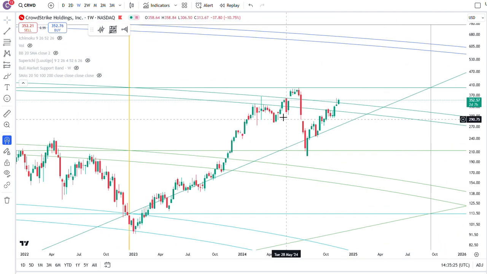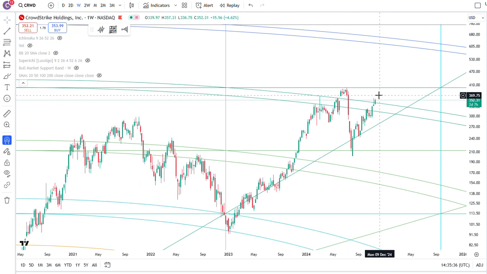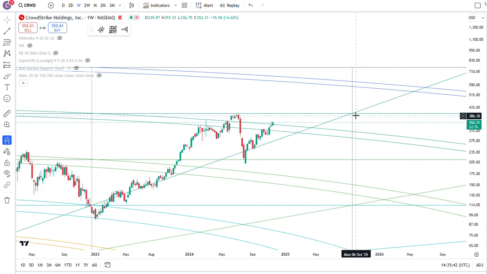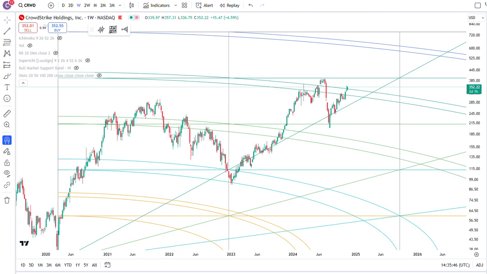So all these things are pretty bullish actually. And it looks like it wants to continue to challenge the horizontal line over here. It got rejected last time. I think it's going to end up hitting that area around 400 bucks. And I think this time maybe a little bit of resistance, but it's probably going to push through, maybe do a little bit of a back test. And I do think most likely around 2025, it'll probably end up hitting the arc up here. Assuming that there's no black swan events or anything like that.